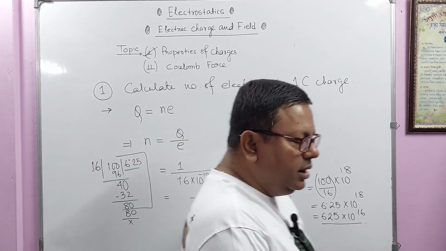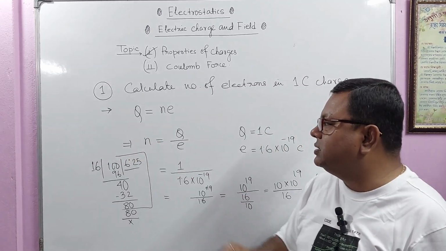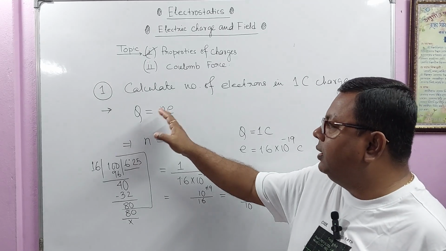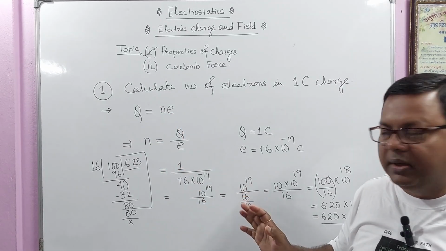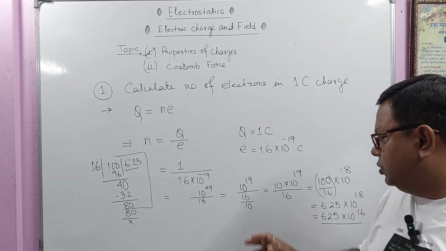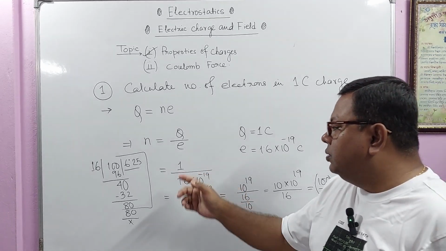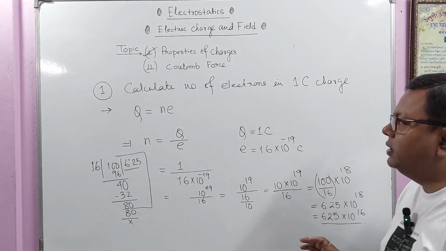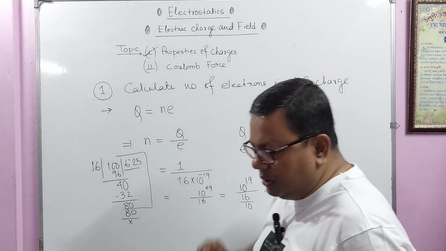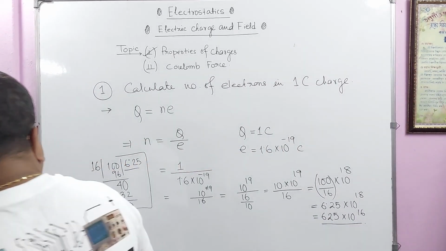So the relation q is equal to plus minus Ne. Here we are simply writing Ne because we are interested to find out a number. So plus minus sign is not necessary to put here. Okay. So the value is 625 into 10 to the power 16. That's all. Now we are approaching towards Coulomb law,